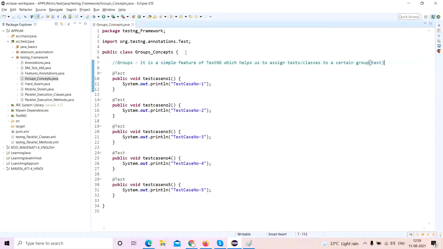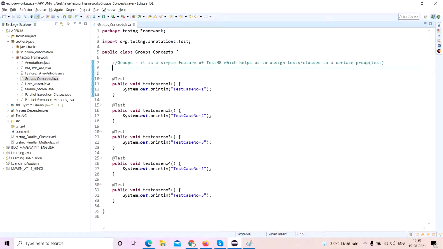We can include and exclude and all that stuff. And to execute these groups, we will need a testng.xml file. This is how we'll do it. It's very simple. Let's understand how this works.